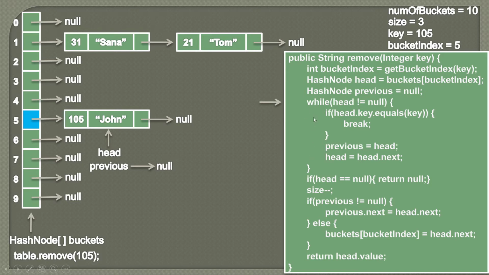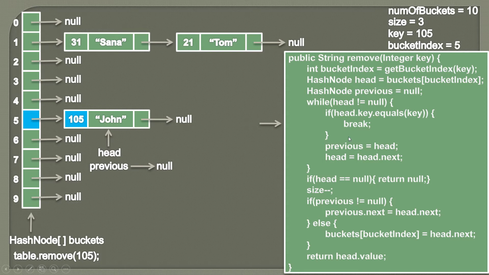So we are providing this while loop which is pretty much the same as what we saw in our previous videos, that we are trying to search the key first. So currently head is not pointing to null, so this condition comes out to be true. We check whether head.key, which is 105, is equal to the key which we want to remove. So here you can see this if condition comes out to be true. So as soon as we find the key which we want to remove, we simply break from this while loop because we have found our key and now it's time to remove that key.